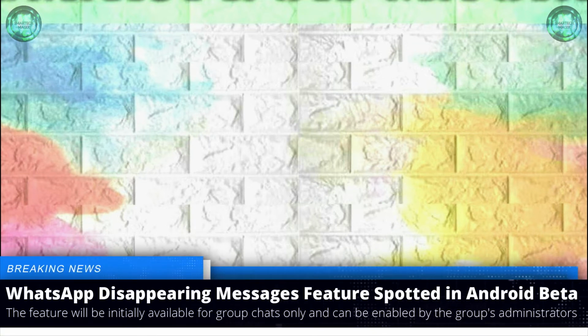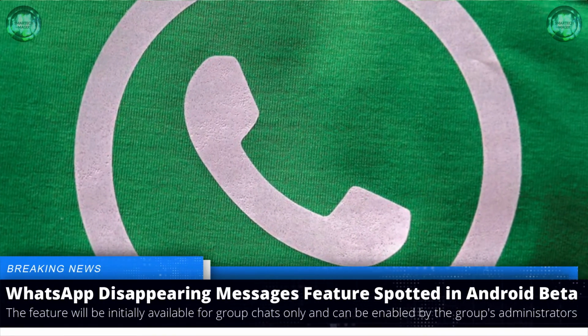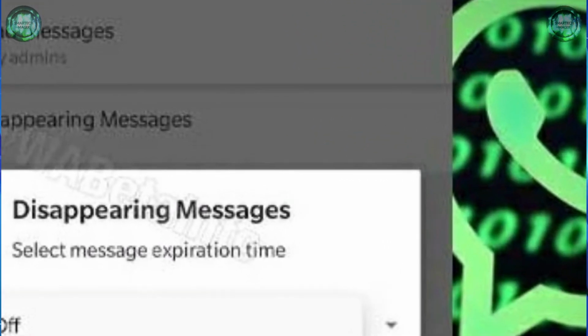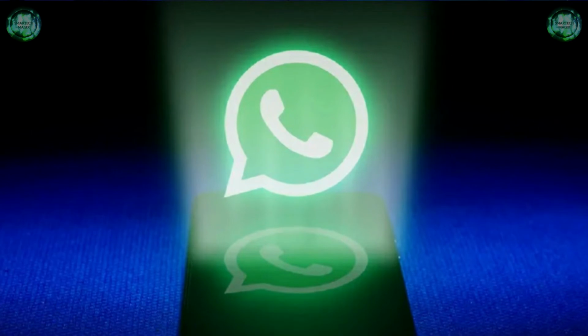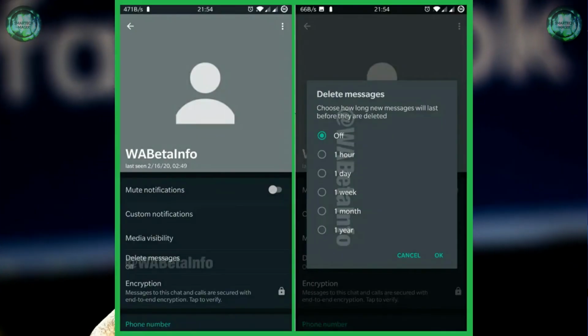The next news is coming from WhatsApp regarding its disappearing messages feature spotted in Android beta. WhatsApp, after launching the much awaited dark mode feature for its users, is now reportedly working on a new feature that will delete messages automatically after a stipulated time as set by users. The feature is disabled by default and can't yet be tested. WABetaInfo reported that in two Android beta versions